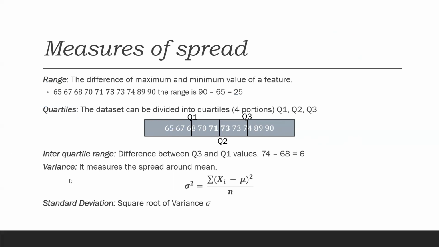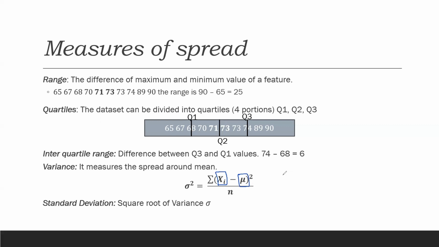Okay, and then this is a very important topic, which we call variance and standard deviation. So we are discussing measures of spread. We saw what quartiles are. We saw what range is. We saw what interquartile range is. Now, there is something called variance. So variance is, in simple terms, trying to capture the difference from its mean. Say you have the actual value. This is my actual value, and this is my mean.